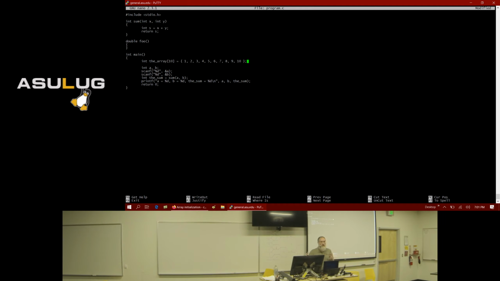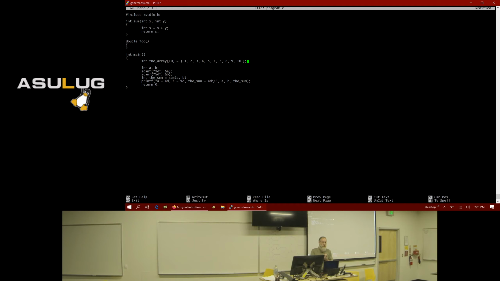The word dynamic refers to things that happen at runtime. So this is a statically allocated array because we specified the size of the array here, and at compile time, we've specified that this array will have 10 elements.